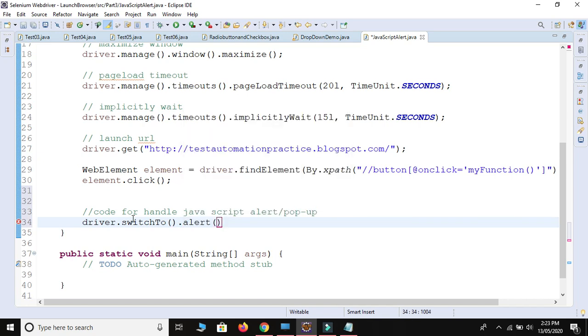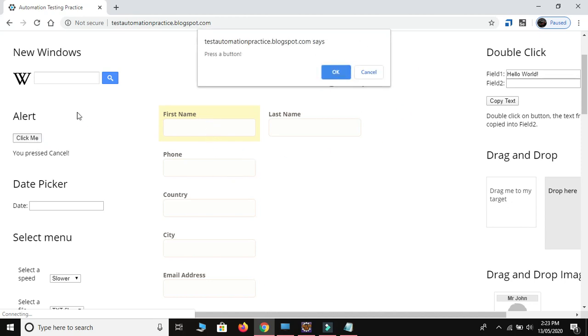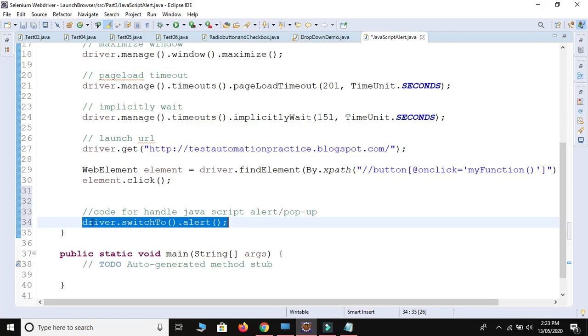Okay, so this sentence is used to switch our main focus, because at the starting our control is on this page, but when I click on the click me, the new child window will be open. So if I need to click on this button, first thing is we need to take the control from here to here.